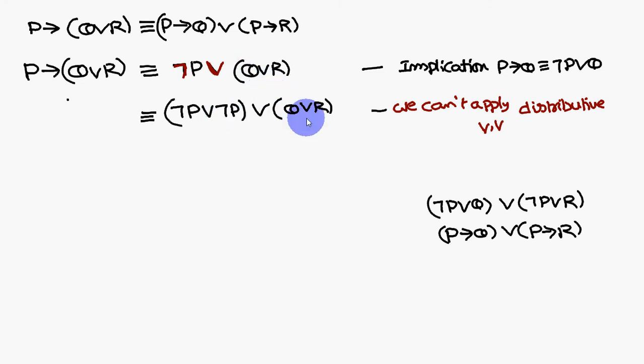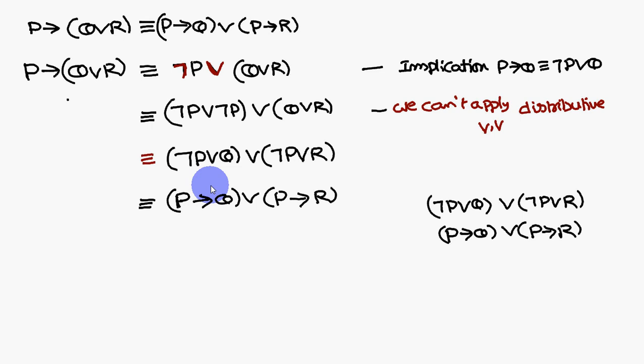So next, for our convenience, all the symbols are OR only, so you can do the combinations as you like: (not P or Q) or (not P or R). This is the associative law. Not P or Q is P conditional Q, and not P or R is P conditional R. That is the answer he is asking for: P conditional Q or P conditional R.